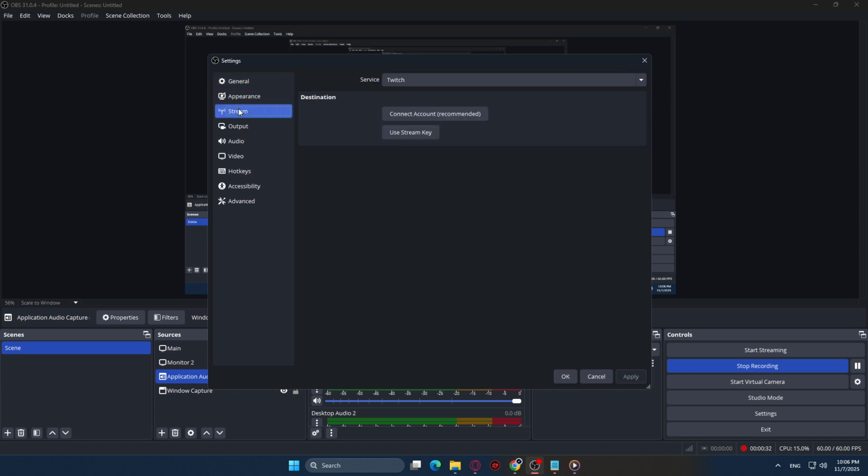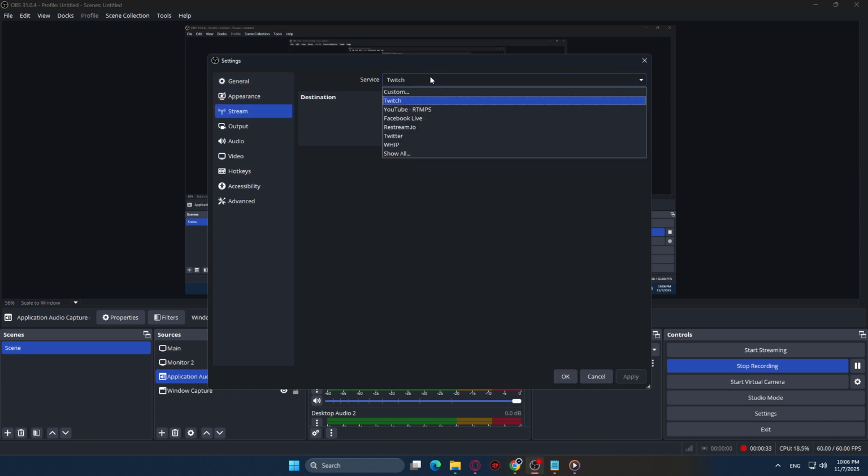If you'd like to use another service, you might need to familiarize yourself with the service's specific settings or server URLs. This is a fairly simple step, but it makes all the difference in ensuring you're broadcasting to the right platform. Once you've chosen your preferred streaming service from the drop-down menu, you might be required to enter a stream